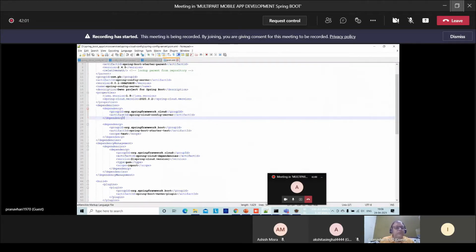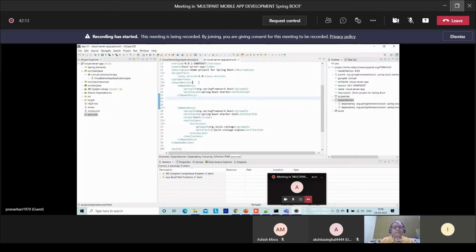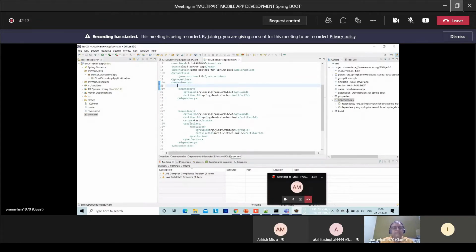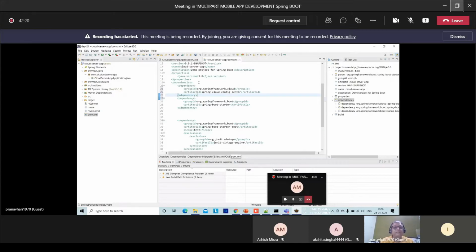What is that dependency? This is the config server dependency. Is there any spelling mistake?